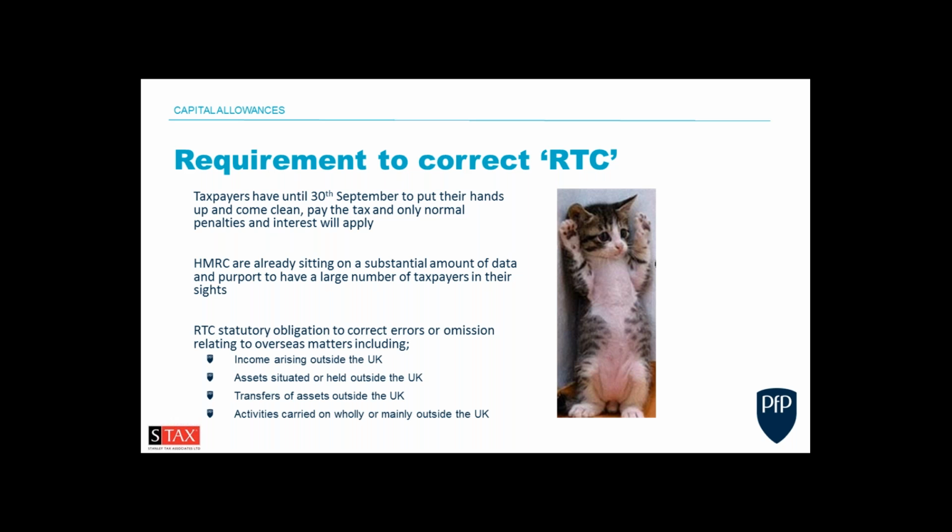It is a statutory obligation to comply with the requirement to correct. It's not a voluntary disclosure regime. If you have income arising outside the UK, gains arising outside the UK, wholly or mainly, you need to tell HMRC about it. Because it's on a statutory basis, non-compliance with it has allowed them to really ramp up the penalties. Okay, so if you don't comply with the RTC,